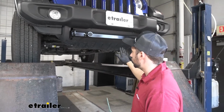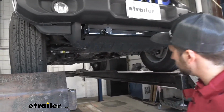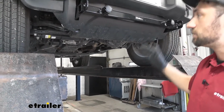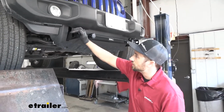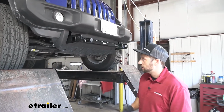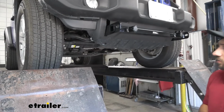However, after looking under the vehicle here, this particular model has a turbo engine, so the exhaust is going to be on the driver's side and it's going to get really hot, so we want to try to avoid that as much as possible. Therefore, I think we're going to tie off to the base plate kit here, the safety chain tab in particular, over here on the passenger side. That way we can run it down the passenger side frame rail to the rear of the vehicle